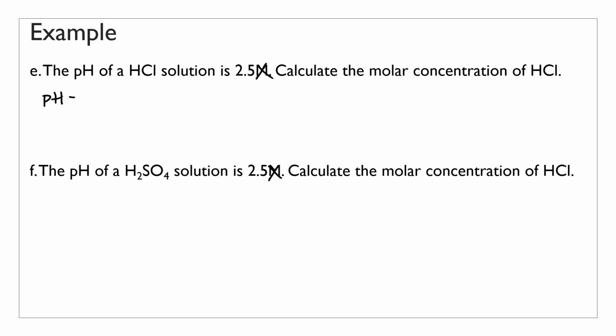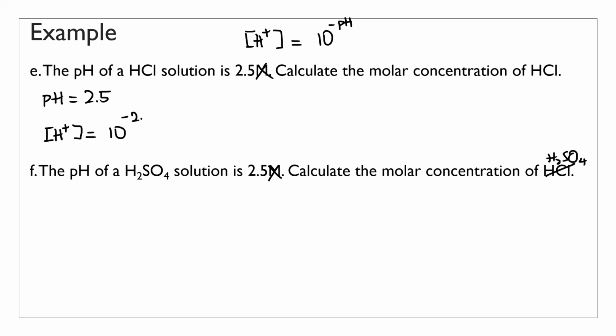So pH is 2.5. Now, if we just recall the formula, the concentration of hydrogen ion in a solution is 10 to the power of negative pH. So if the pH is given, if I just take 10 to the power of negative that, I can find the hydrogen ion concentration. I think that's supposed to say H2SO4. Okay. So if pH is 2.5, the concentration of hydrogen ion is going to be 10 to the power of negative 2.5. And you probably want to put this in the calculator. So 10 to the power of negative 2.5, which I would get